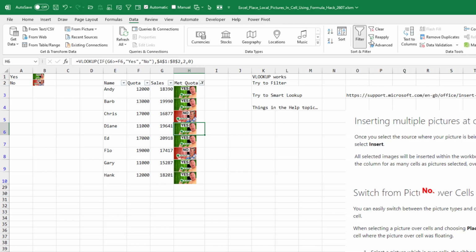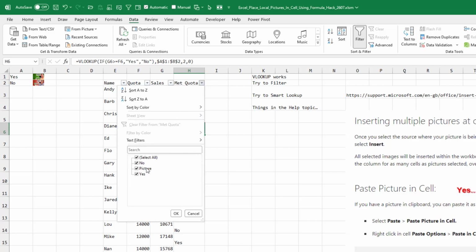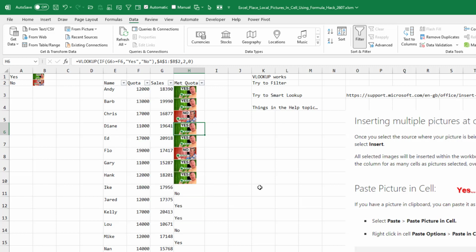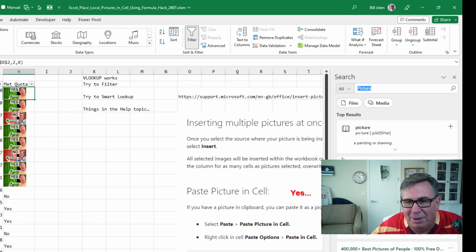As far as the filter can see, we either have the word no or yes down here, or we have something called picture. So when you ask for one picture, you're getting everything with a picture. It's even kind of funny if I right-click on one of the pictures and go to Smart Lookup. Check this out. They're showing me how to pronounce the word picture. It's a painting or a drawing.